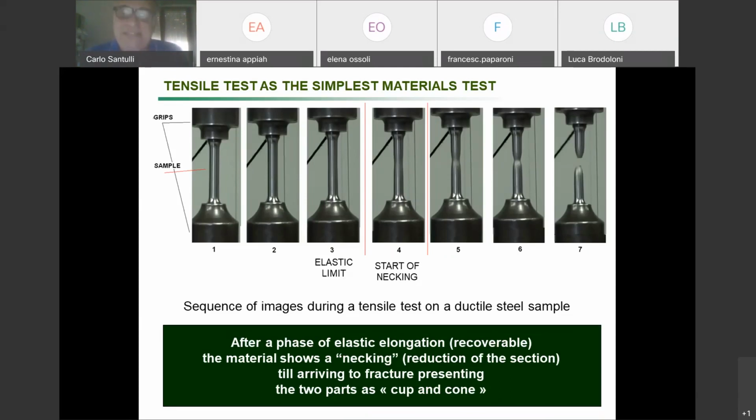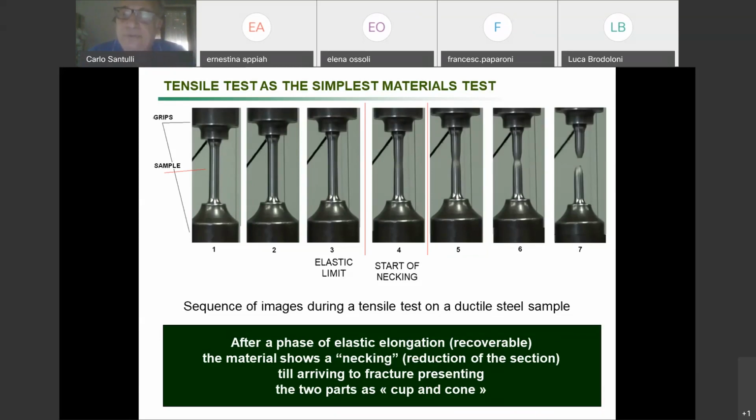So it carries on elongating for quite some time. It's not able anymore to recover completely to the initial length after image 3. And at a certain point, after some time and some elongation,